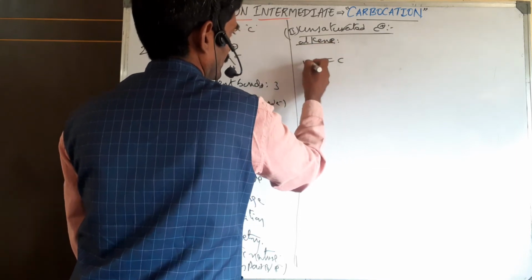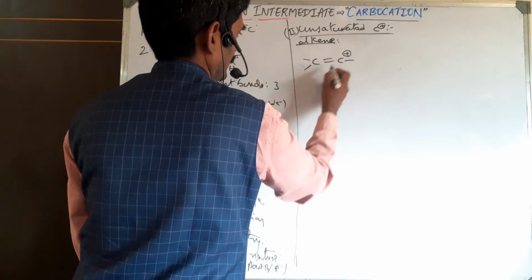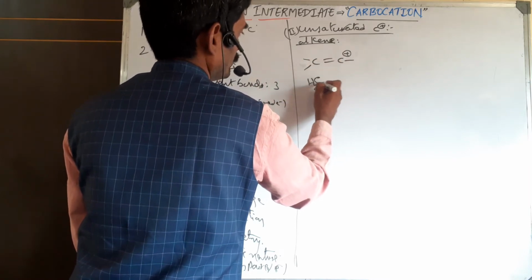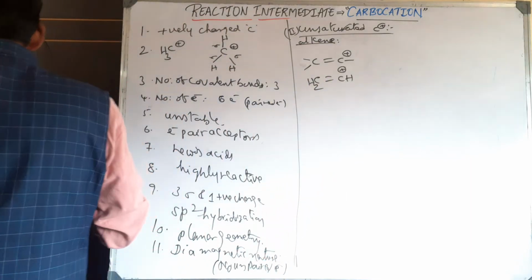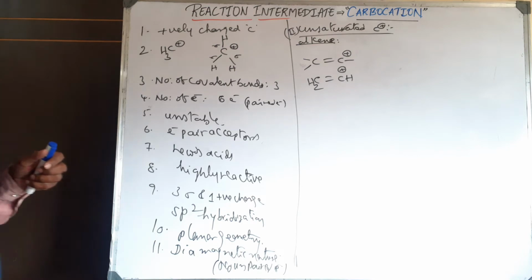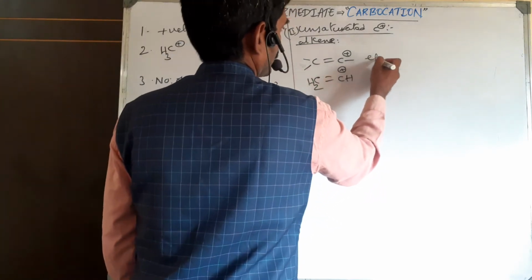Here CH2 groups are there, and here CH. So this represents CH2 double bond CH with a positive charge. Now, this carbon, two carbons are there, it is